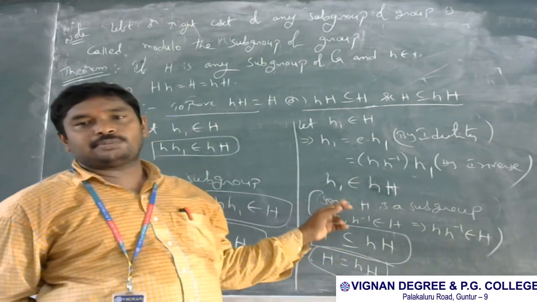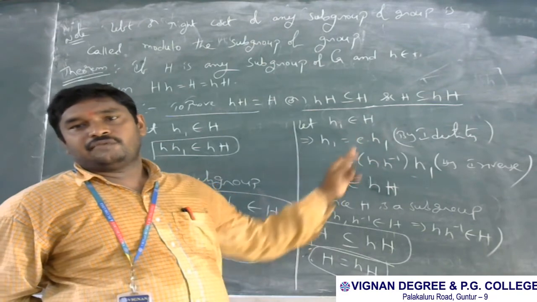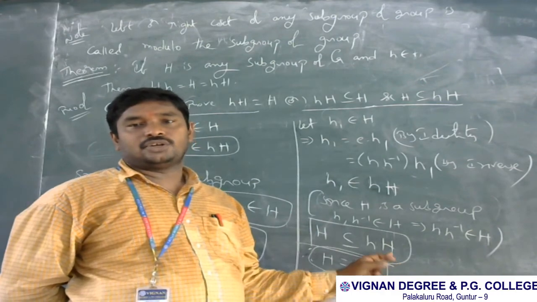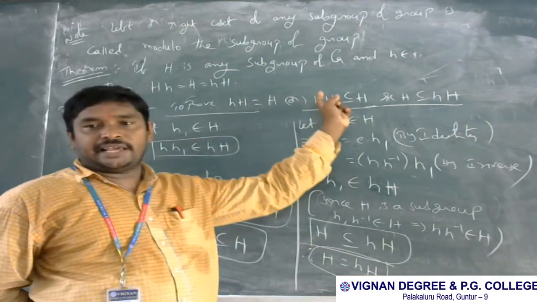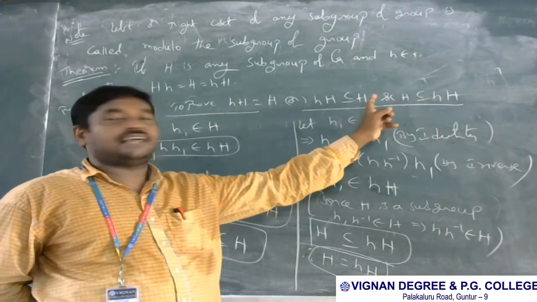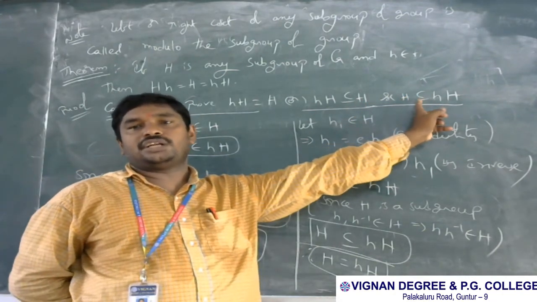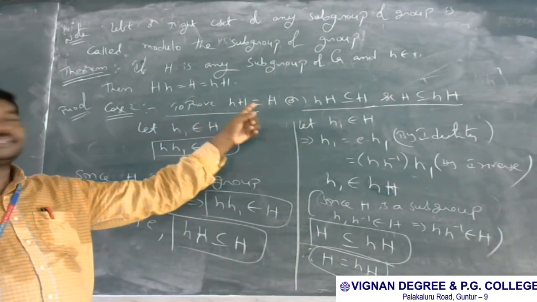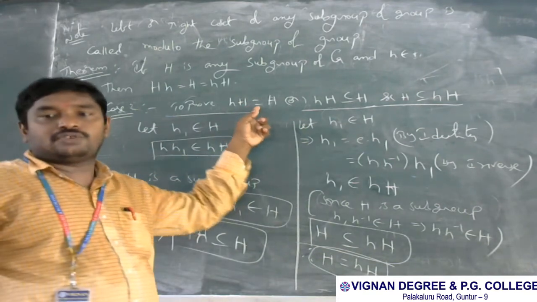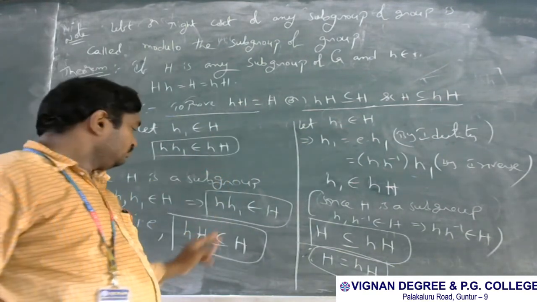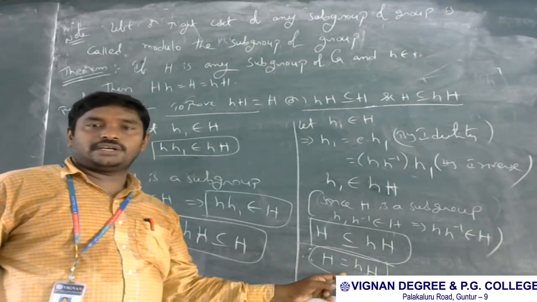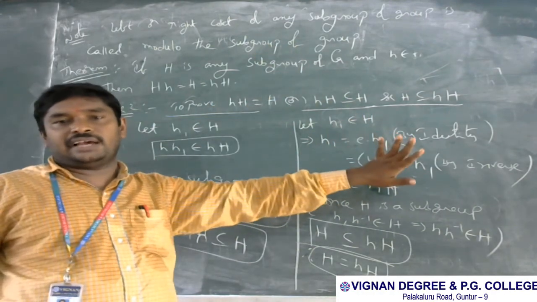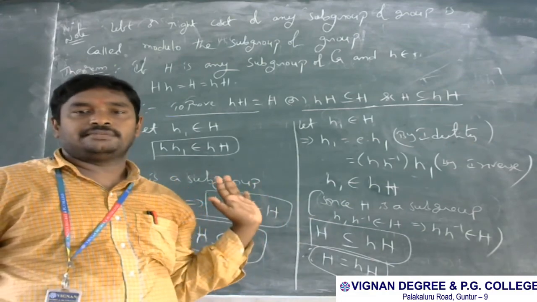So where you take small h1 belongs to capital H, where you proved small h into capital H, so must be subset or equal. So first you have proved small h into capital H is a subset or equal to capital H, and capital H is a subset or equal to small h into capital H. So by using these two steps, we can write simply is equal to. Equal to means we can write simply subset or equal instead of is equal. Okay, whatever it may be. This is theorem 1. If you know theorem 1 very well, you can write other theorems also easily. Okay, friends.